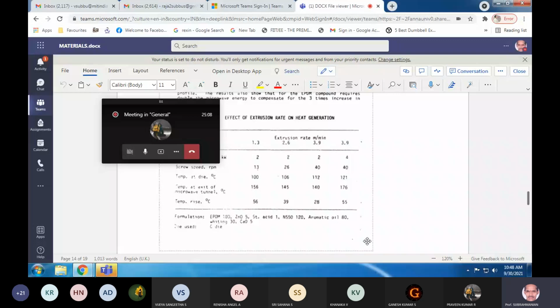All right, you cannot get that kind of volumetric heating with an aliphatic and paraffinic oil. So aromatic oil, even though it is not the best process oil for EPDM, the objective here is different. The objective is to enhance the volumetric heating of the rubber compound. And so, friends,